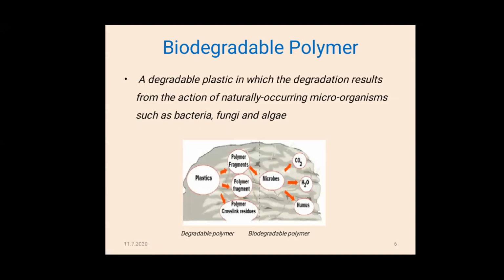It is the microorganisms present in the soil, like bacteria, fungi, and algae, that do this. So think of two products, one manufactured from a degradable polymer and one from a non-degradable polymer. First I am going to explain the degradable polymer product. If I throw that in the soil, the first step is that the cross-links get broken. After that, it will convert it